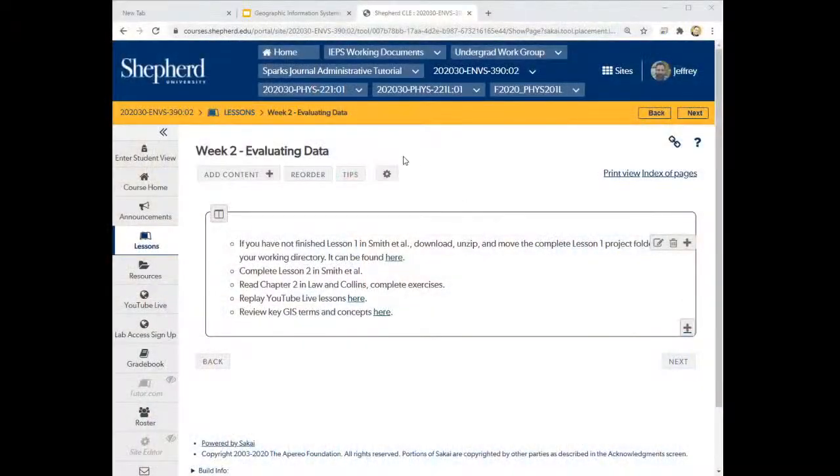But before you do that, I want to show you a new feature that I added to Sakai, a new resource that I added to Sakai, which will help you study and learn GIS definitions and concepts. All right, let's go to it. So here is Sakai,